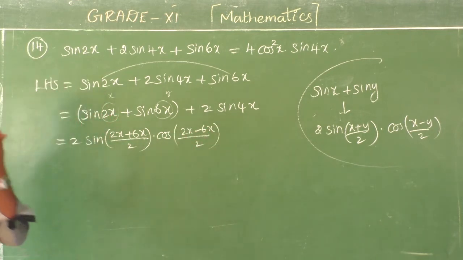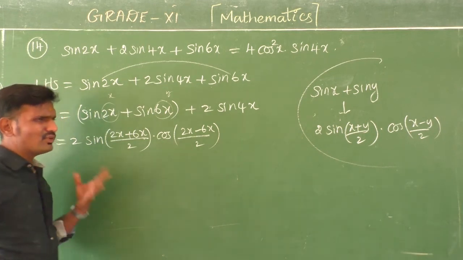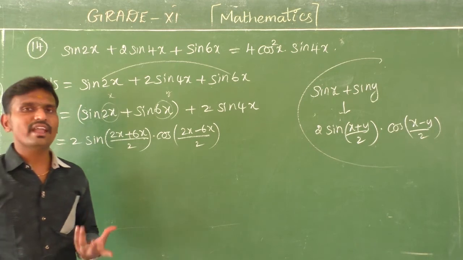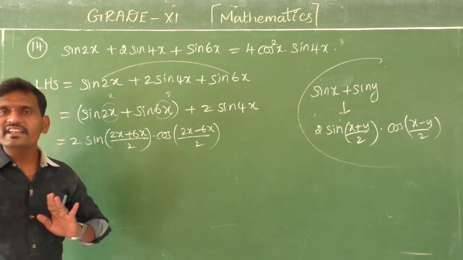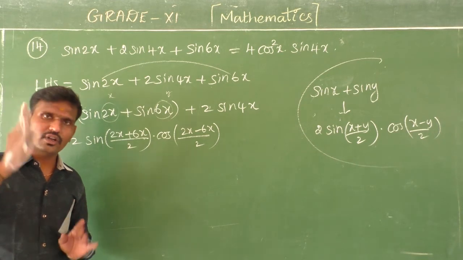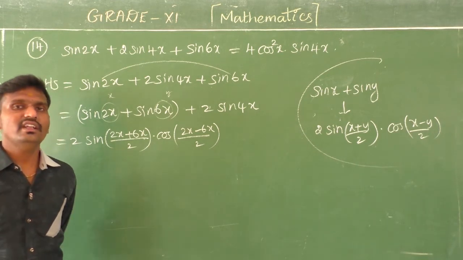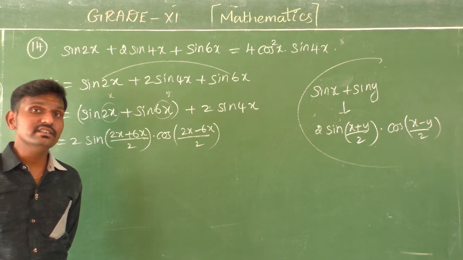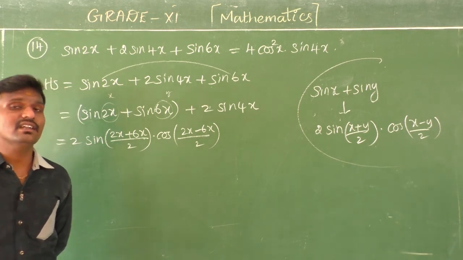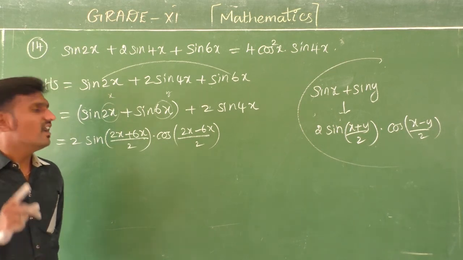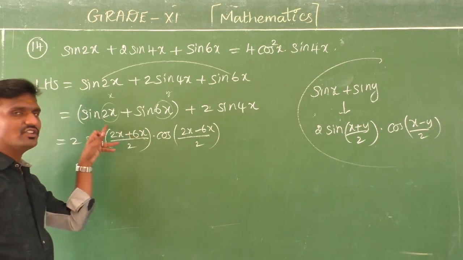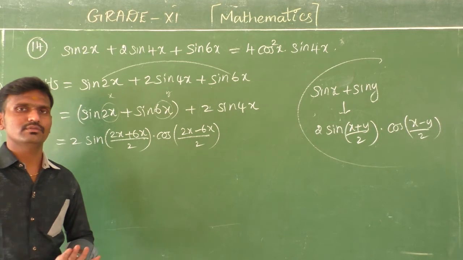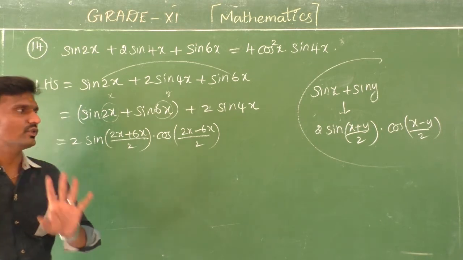And students, I think you have a doubt in this. Suppose we have 2x minus 6x, with a minus there, then how can I do that? It's not a problem, because minus contains only the fourth quadrant, no? So from the fourth quadrant, cos and the corresponding secant are also positive. Or otherwise, shall I take sin 6x plus sin 2x? It's not a problem, because of the commutative property.